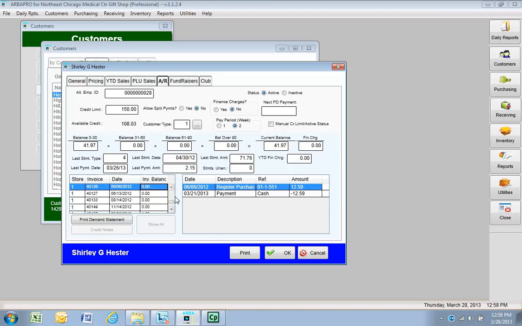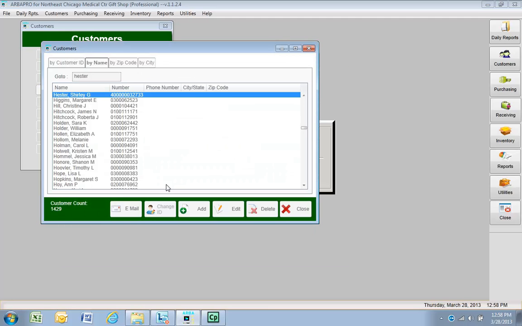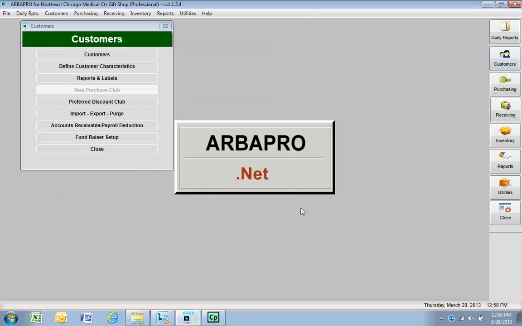But we can also do payroll deductions from that employee's paycheck, and then reduce that employee's balance by the amount that was submitted to payroll. So this area here, as I said, is really intended to allow for payroll deductions at the ARBA Pro touchscreen